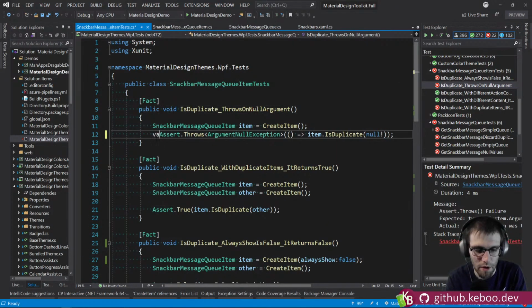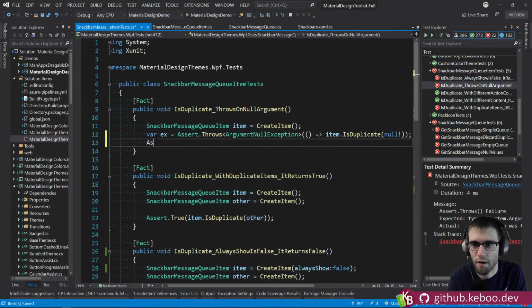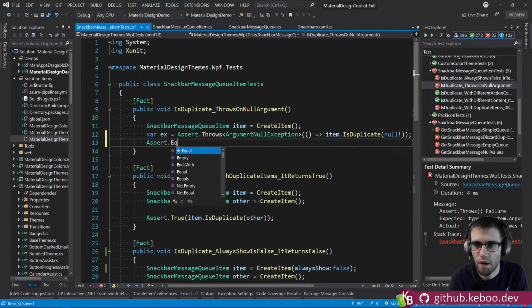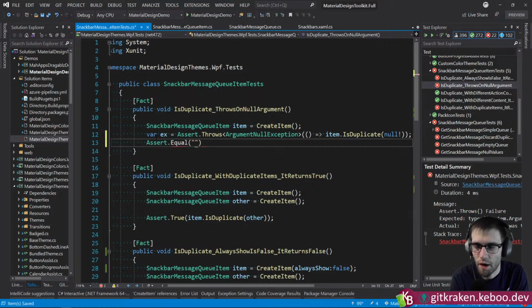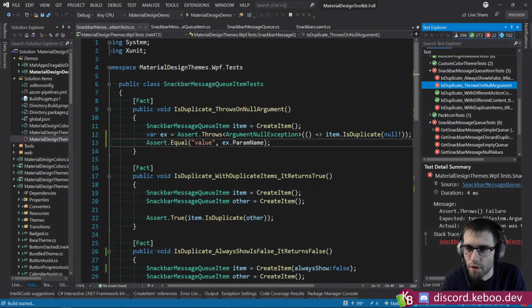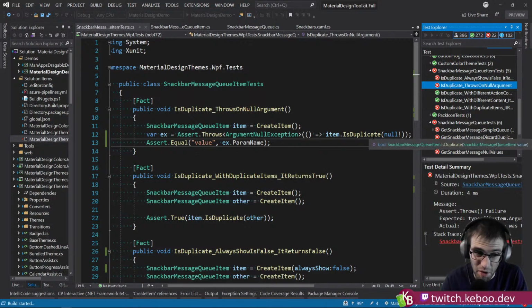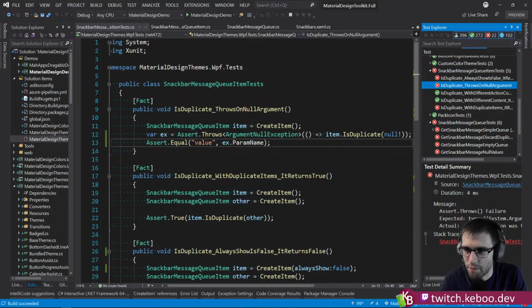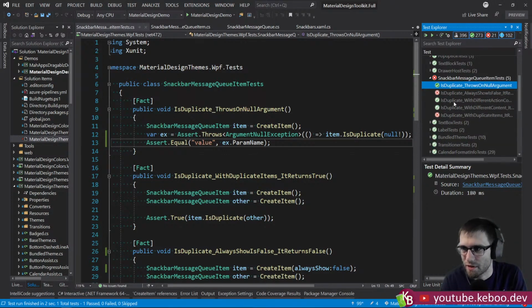I do think I'm going to go var ex here, right? And go assert equal, right? And I believe it was called value. Yep. And we'll just assert on the parameter name. So asserting it throws an argument null exception. Sometimes I'll skip doing the parameter name validation when there's only one parameter because it's kind of hard to mess it up, but it's easy to forget to go and add this for extra ones. Because I've seen people where they do like, if either argument is null, just throw an argument null exception without a param name, and it's like,